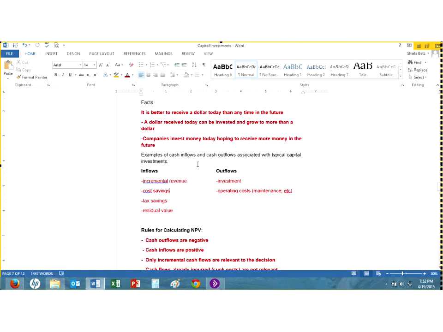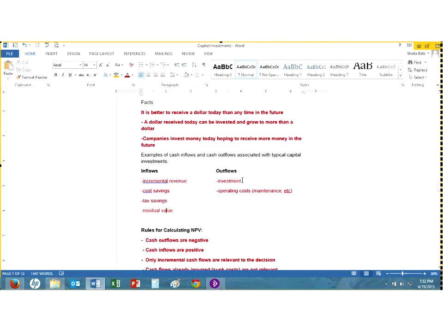Cost savings. If that coffee machine was able to eliminate an employee, and therefore eliminate that employee's wages, we will look at the cost savings that's just attributed to that coffee machine. Maybe any tax savings and residual value. So if you remember back to your prior days, residual value, salvage value, etc., is when we say, all right, when we're done with this coffee machine in 10 years, we think we'll be able to sell it for X amount of dollars. So we want to take that into consideration, and that would be an inflow because that would be money we would expect to receive in the future for the coffee machine.